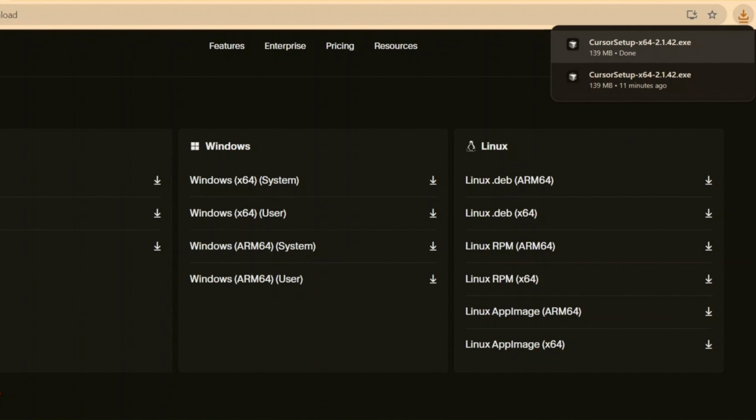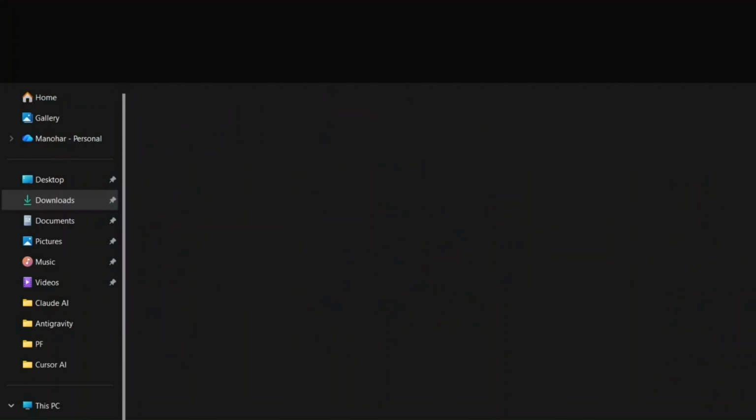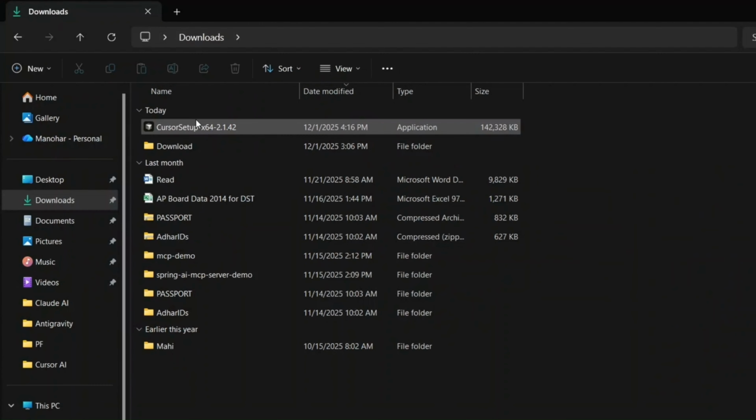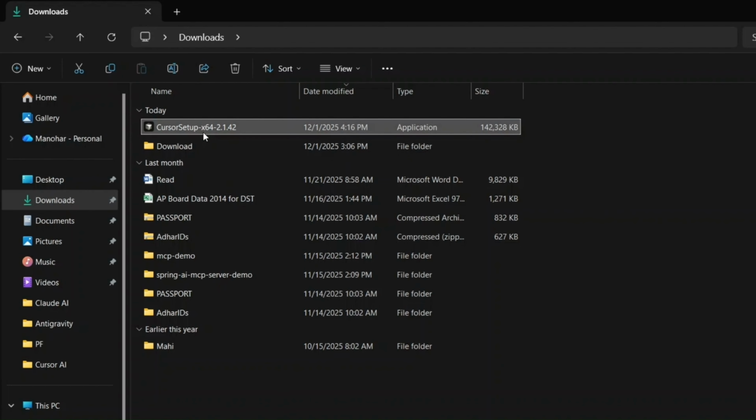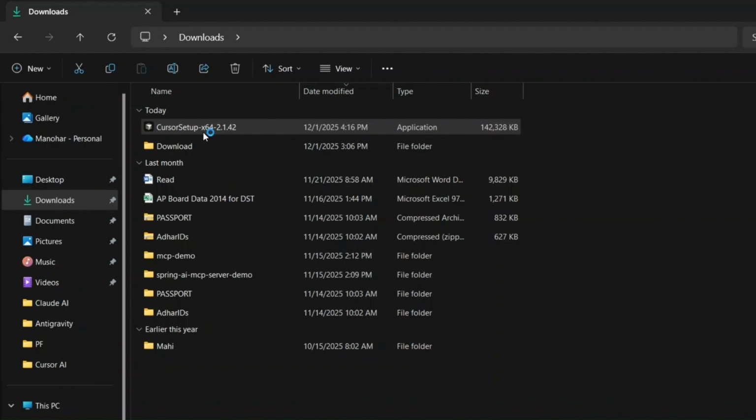Then go back to the download location and we can see the Cursor setup. So this is the first part, the download is completed. Now the second part is installation. The installation steps are very easy. The first thing is you double click on this